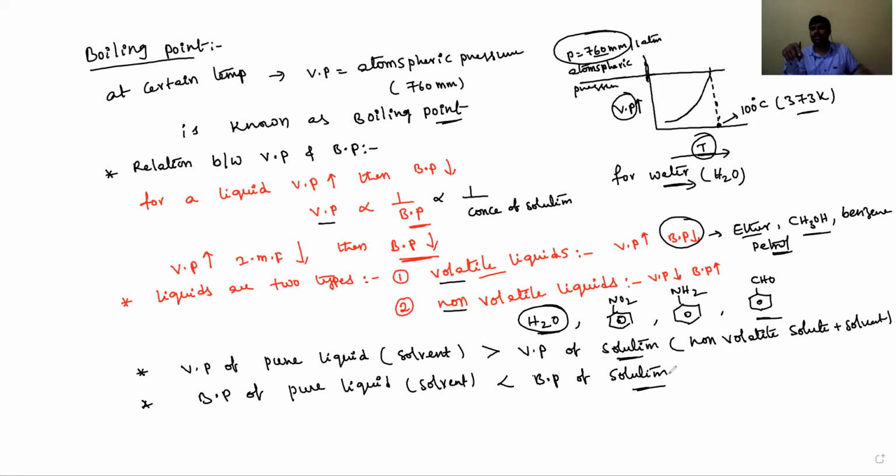Okay, students, this is about vapor pressure and how it relates to boiling points and concentration. The concentration of solution is always more than the solvent's. That's why the solution boiling points are more when compared to its pure solvent, and the vapor pressure of solvent is more when compared to the mixtures or solution. These points are very, very important. Based on that, we'll discuss lowering of vapor pressure and relative lowering of vapor pressure.